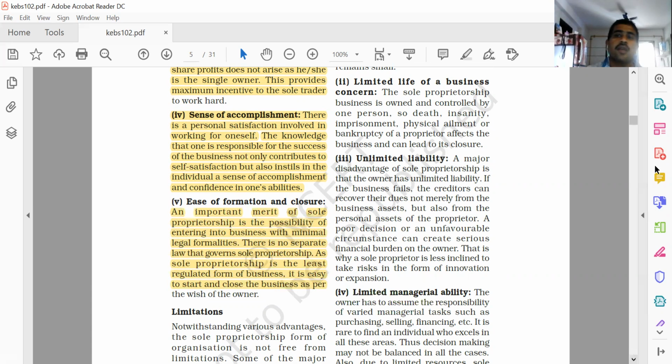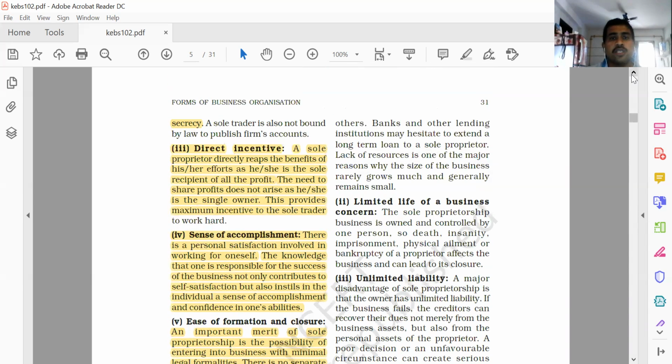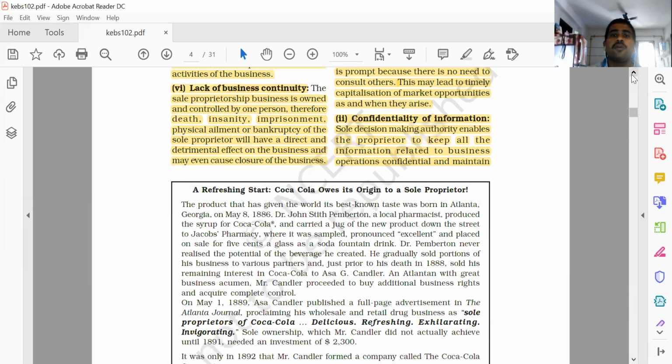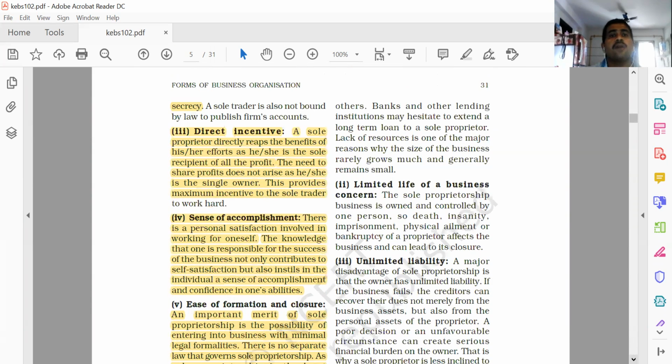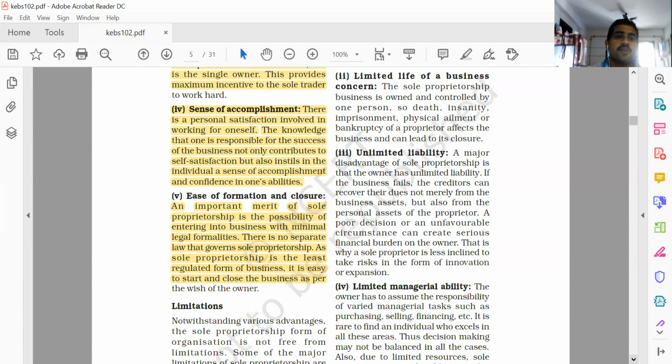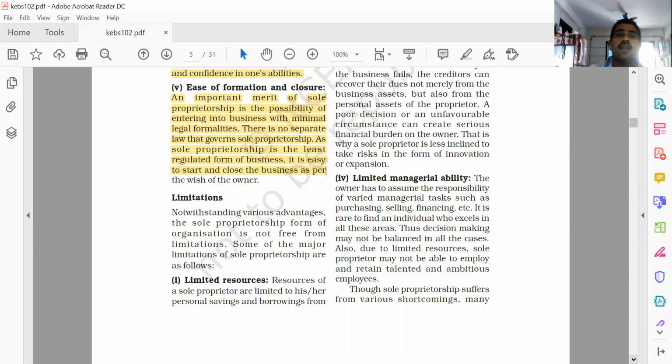सही है। तो क्या क्या पढ़ा हमने फ्रेंड्स? मेरिट्स में क्या है? क्विक डिसीजन, जल्दी ले सकते हैं हम। नंबर 2 हमने क्या पढ़ा? कॉन्फिडेंशियलिटी ऑफ इंफॉर्मेशन। तीसरा हमने पढ़ा सेंस ऑफ डायरेक्ट इनिशिएटिव, सेंस ऑफ अकॉम्प्लिशमेंट, इजी ऑफ फॉर्मेशन एंड क्लोजर। लिमिटेशन, अब सोल प्रोप्राइटरशिप के लिमिटेशंस भी है, प्रॉब्लम्स भी है। तो क्या है लिमिटेशन? लिमिटेशन ये है कि रिसोर्सेज लिमिटेड है, मैनेजर अवेलेबिलिटी कम है, राइट, लंबे समय तक हम बिजनेस कर नहीं सकते, लॉट ऑफ लिमिटेशंस आर ऑल देयर, कैपिटल कम पड़ जाता है हमारे पास।